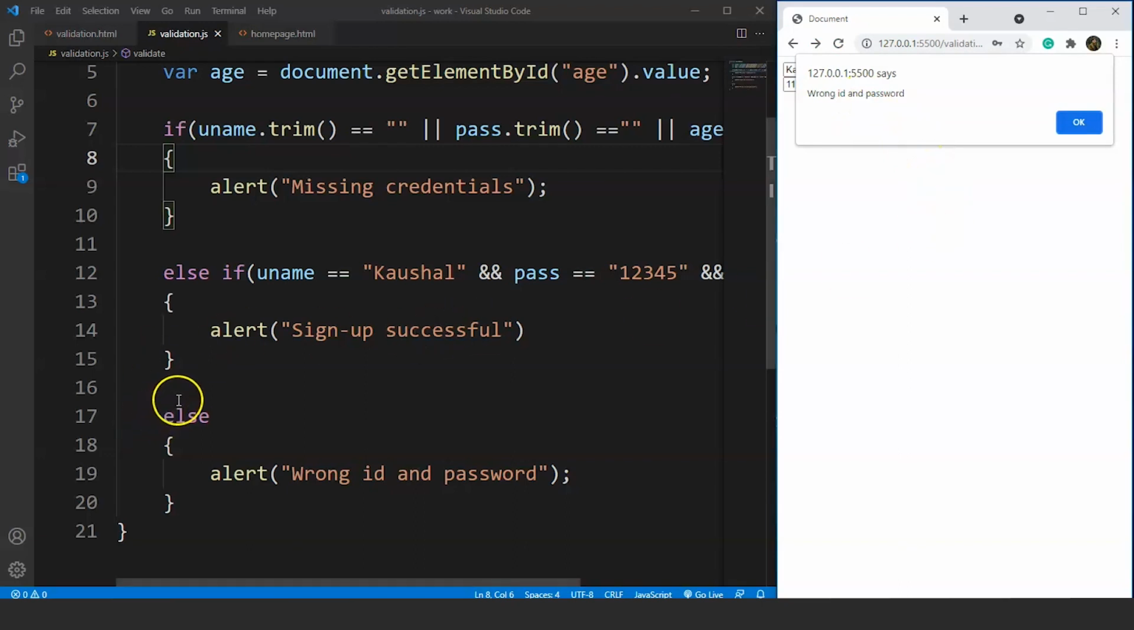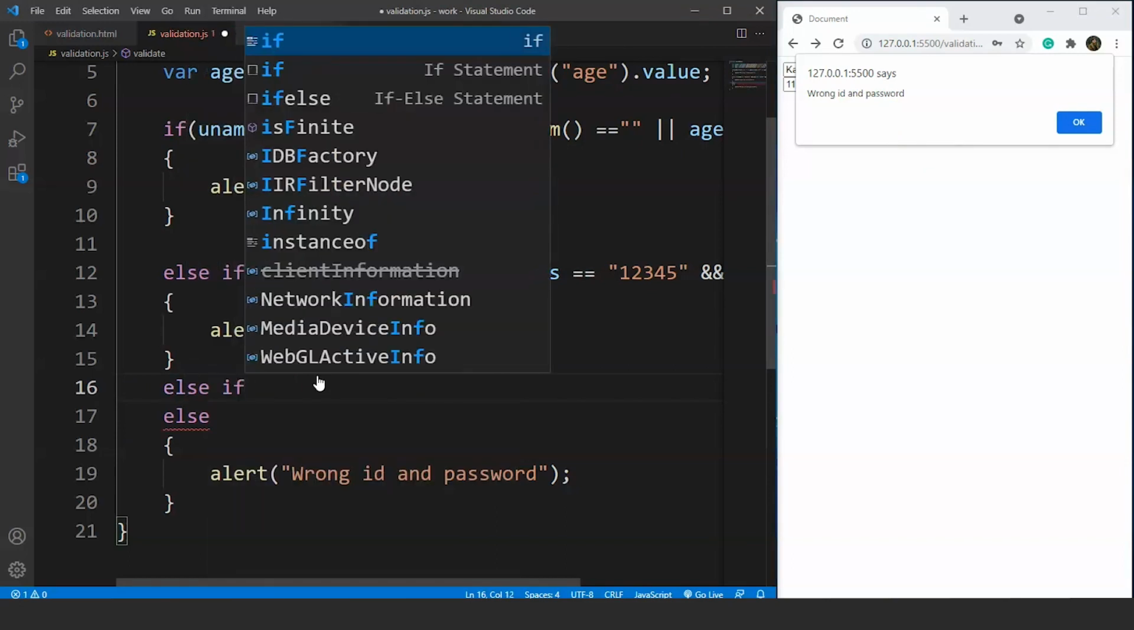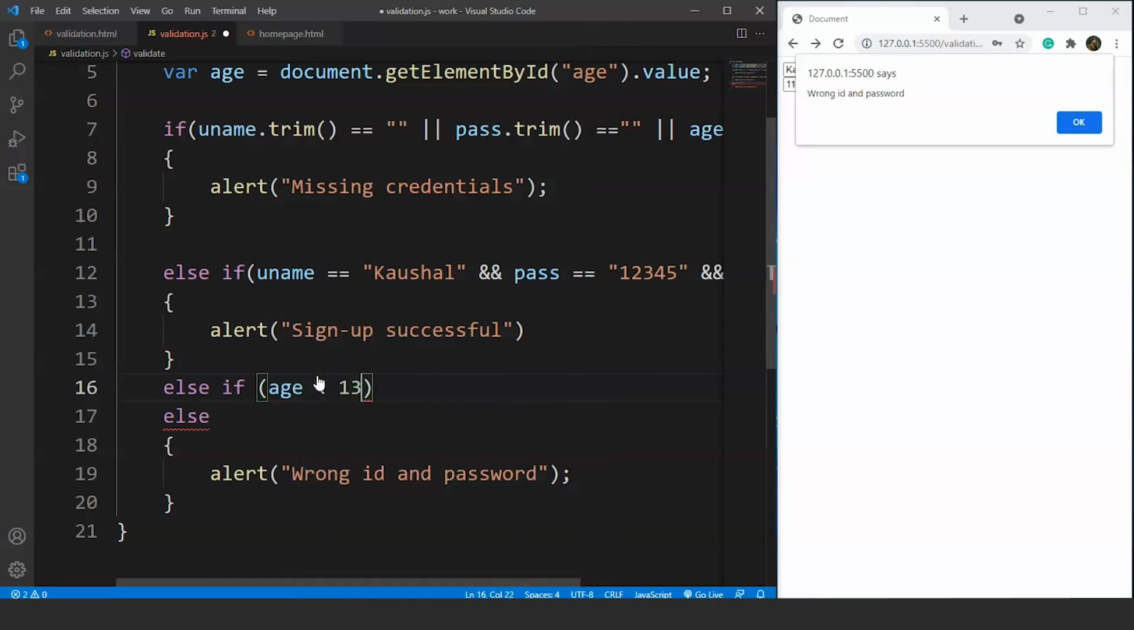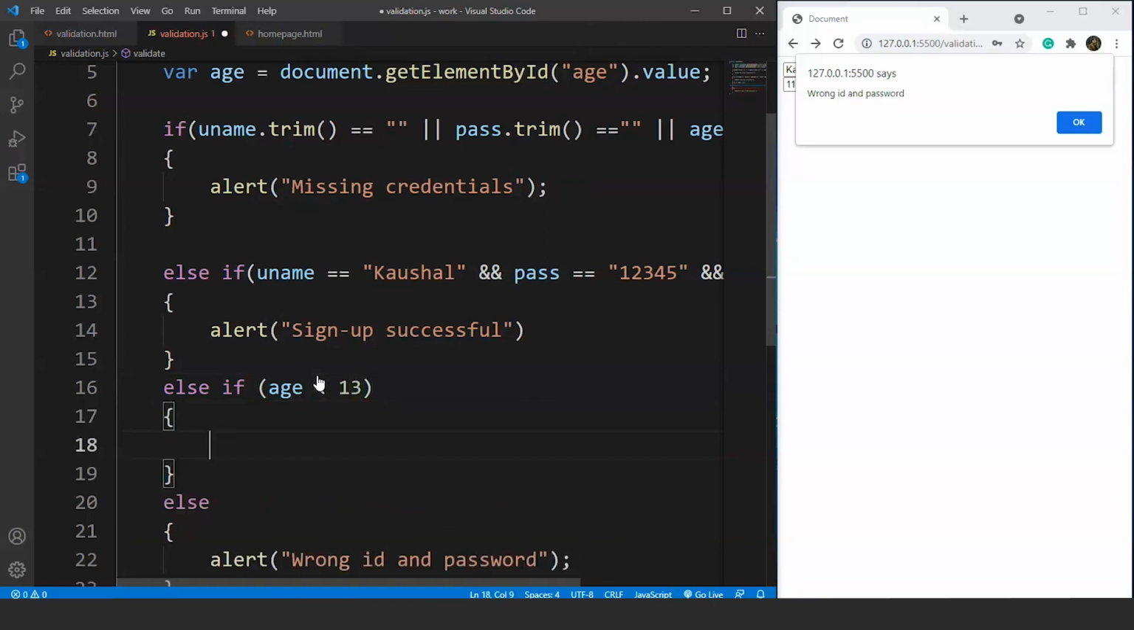We can add one more condition over here. We'll write else if age is less than 12, it will give an alert that you are underaged or some sort of that. So we'll write else if age is less than 13, an alert which states underaged. Fine,